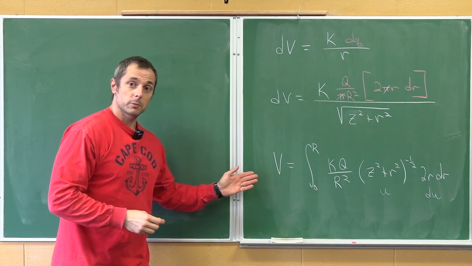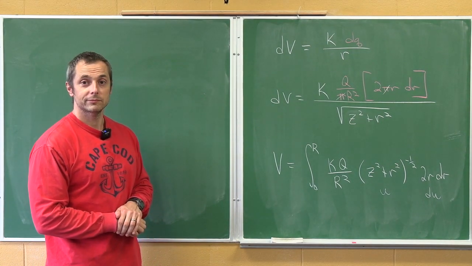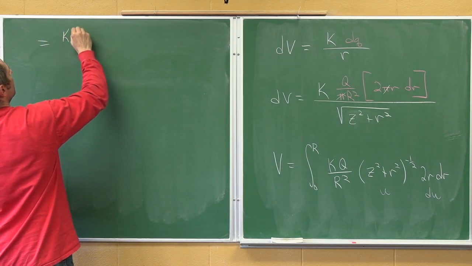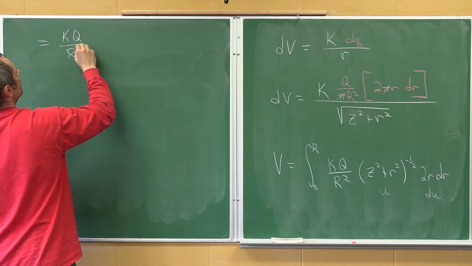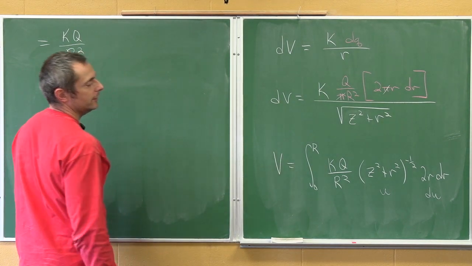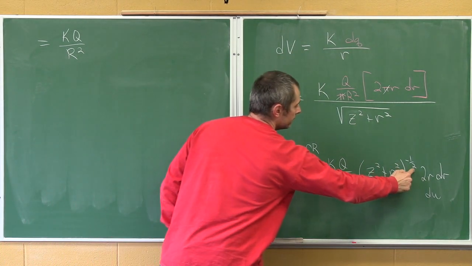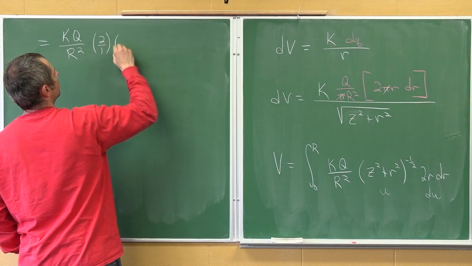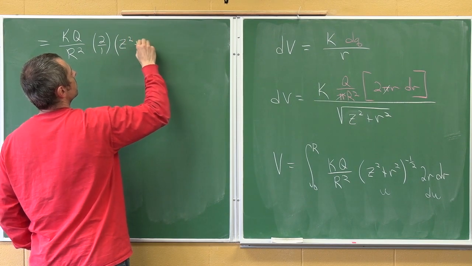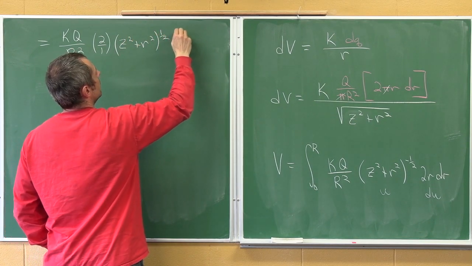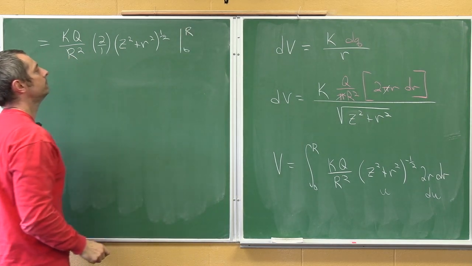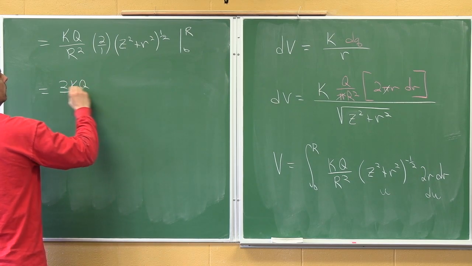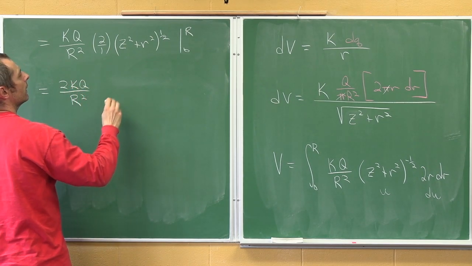And if you need a little time, I'll pause to let you catch up. Okay, let's move on. So K, Q over R squared. Add 1 to the exponent gives us to the positive 1/2 now. And then divide by 1/2, which is the same as multiplying by 2 over 1. And evaluate that from 0 to capital R. So 2kq over r squared. And then